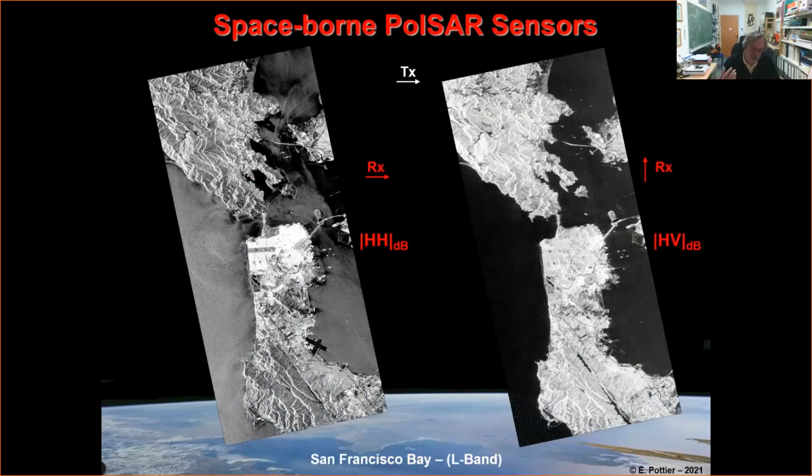In fact, I'm going to have the information where I have a total depolarization of the wave due to the different interactions which can occur inside each pixel. So you can see that I transmit horizontal, I receive vertical, so I have a total depolarization of the wave. But this is very complementary information, very interesting.